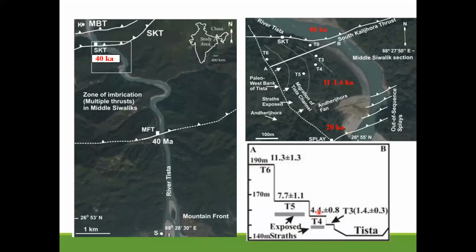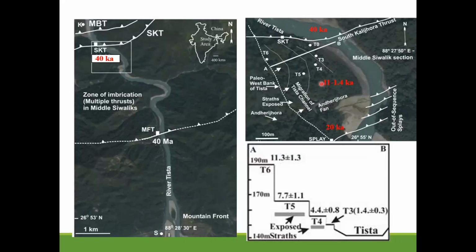All these are thousands or kilo years. And this is the present level of the T-star. So you can actually see how the migration has occurred. And this migration has occurred again in response to motion along out-of-sequence faults, which you actually can see in the field. And these were dated to approximately around 20,000 years. And in 20,000 years, this structure was active, and that has caused these terraces to form in this time.